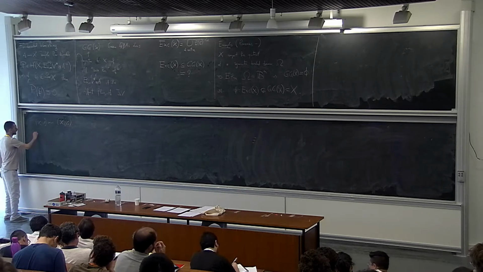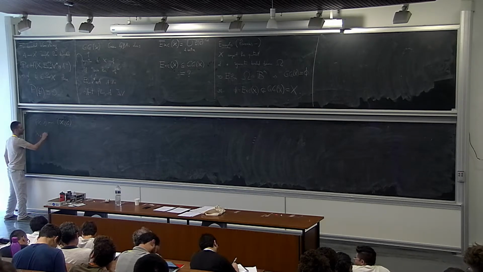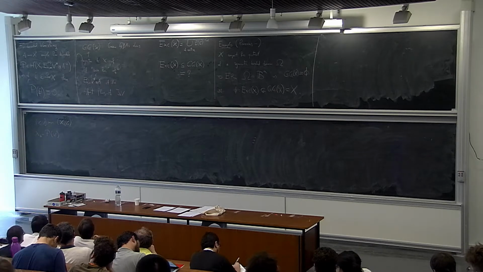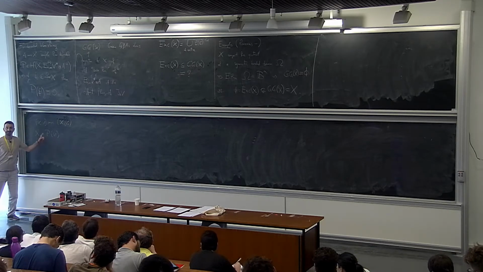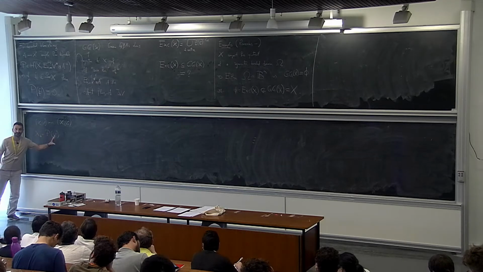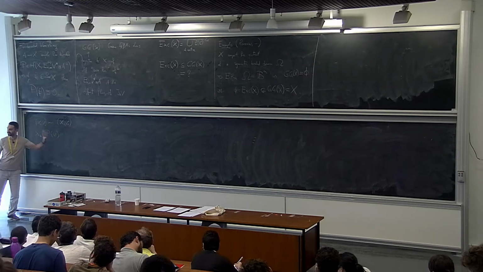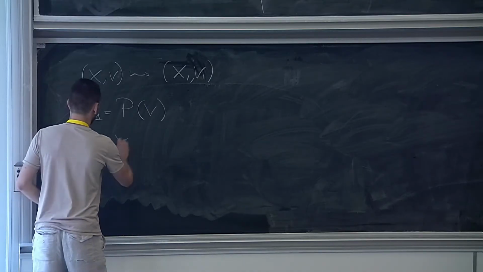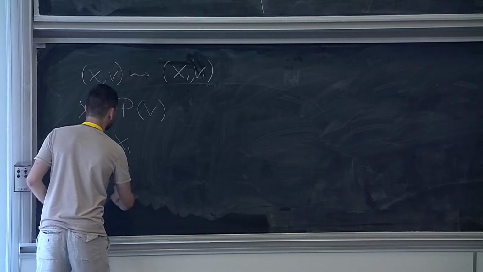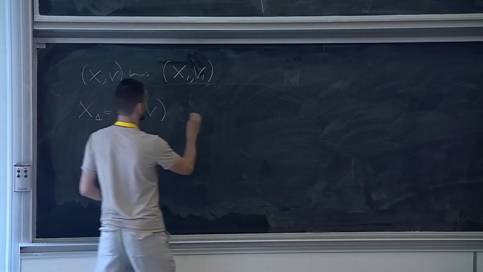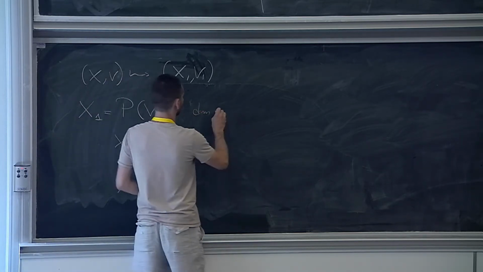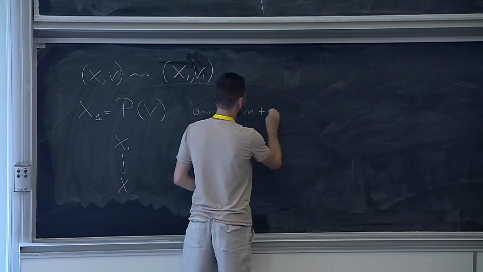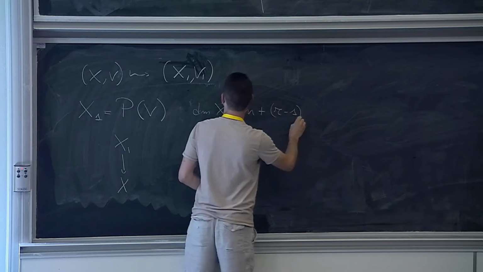Your X1 will be the projectivization of lines of V. I don't put the double bar here because it's a projectivization of lines of V, not hyperplanes. So you have this X1 here over X. The dimension of X1 is n, the dimension of X, plus r minus 1,